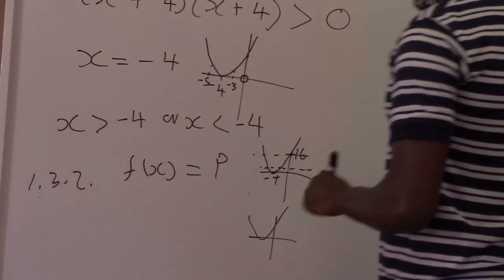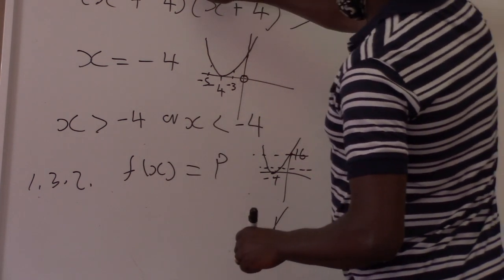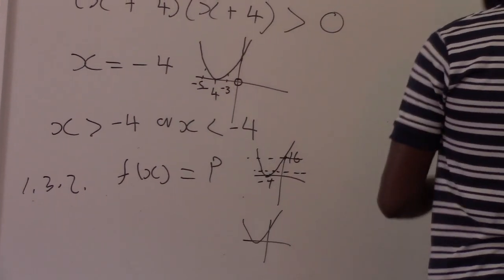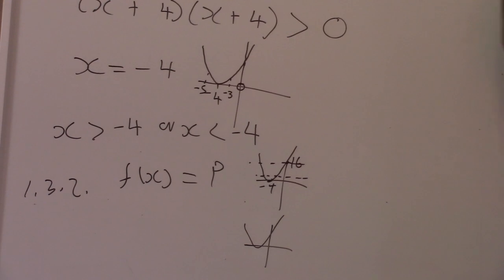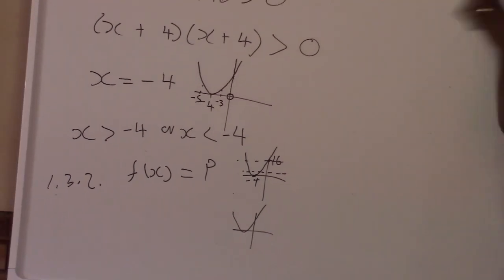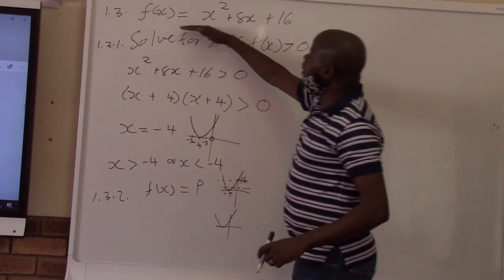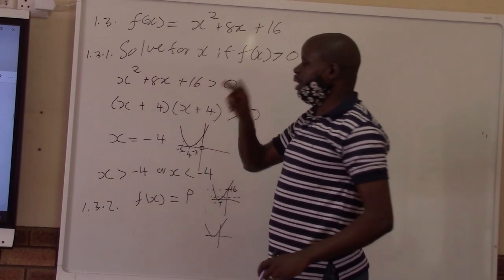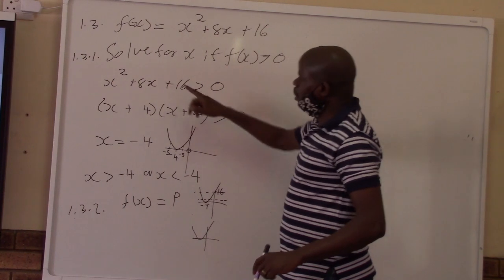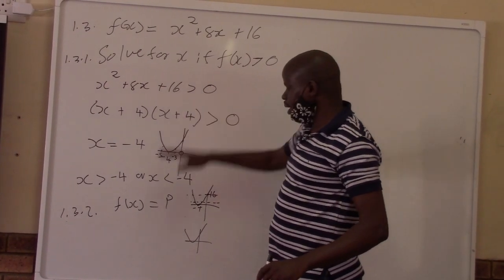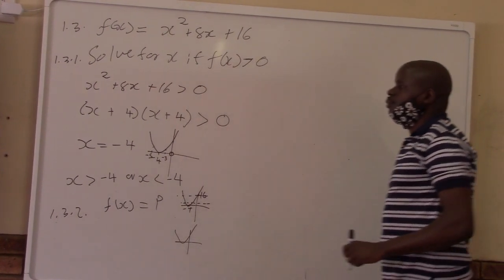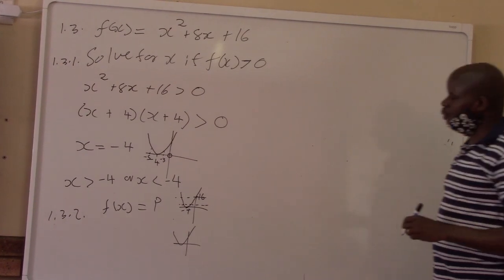So the f of x is still the same as that x squared there. So we are now going to solve this using the nature of roots. So meaning that in one equation, we are dealing with two concepts. One concept is the inequality, and then the other concept is what we call the nature of roots. So then